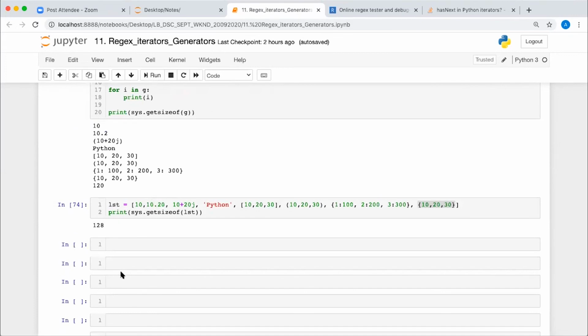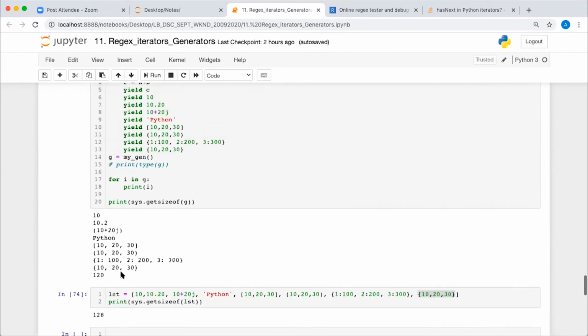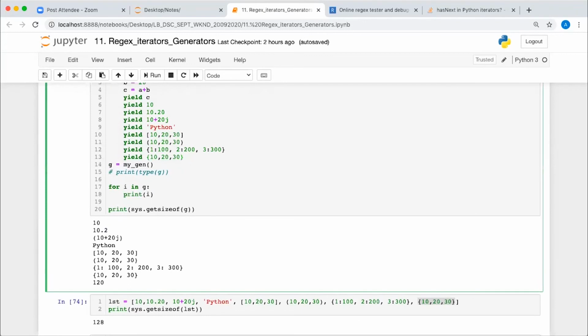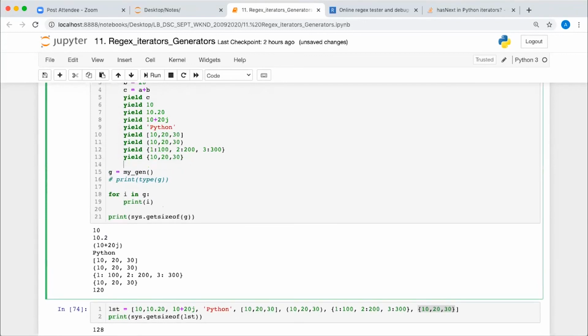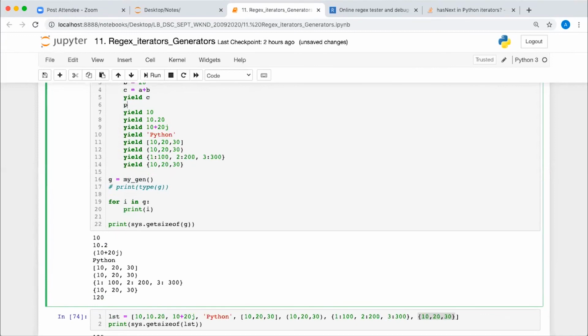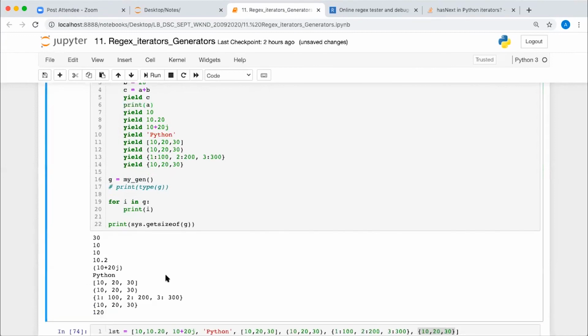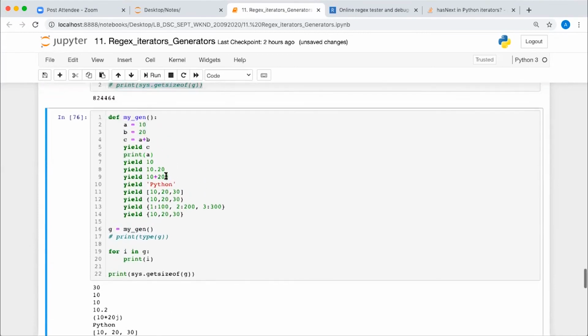Abhishek, can we have any expressions after the yield statement? Like after the first yield C? Let me print A here and execute this. It is giving you 10.